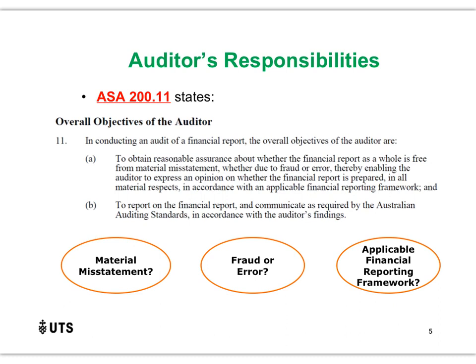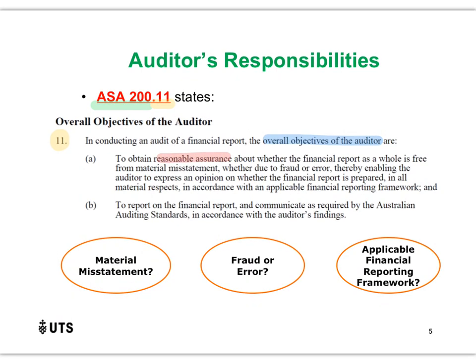In order to delve into the responsibilities of the auditor further, we need to refer to paragraph 11. Now remember our referencing, how we reference an auditing standard, and in particular a paragraph. Remember we start off with the ASA reference, which is ASA 200, and we follow it with a point and then the paragraph number. So when I look at this, this is telling me I need to refer to ASA 200, paragraph 11, which is what we are focusing on in this slide. So what does this paragraph tell us? It tells us that the overall objective of the auditor is to obtain reasonable assurance.